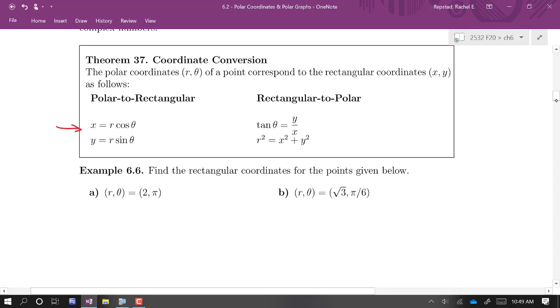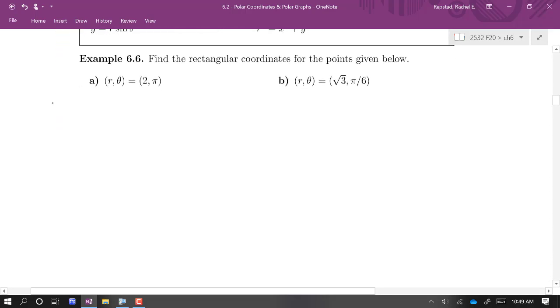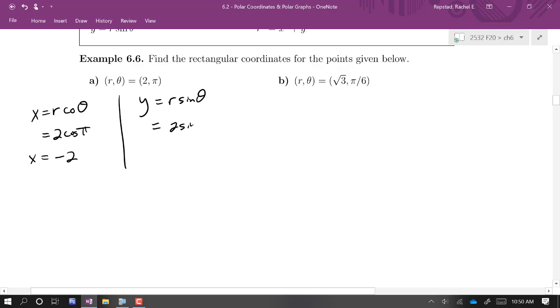So in example 6.6, we've got a couple of problems here. In each, they give us the polar coordinates. We want to find the rectangular coordinates. So let's start with part A. Our polar coordinates are 2, pi. Oops, so x is r cosine theta, which is 2 cosine pi. Cosine pi is -1, so that'll give us -2. And y is equal to r sine theta, so that's 2 sine of pi. Sine of pi is 0, so we get a y coordinate of 0, and that means that our xy point